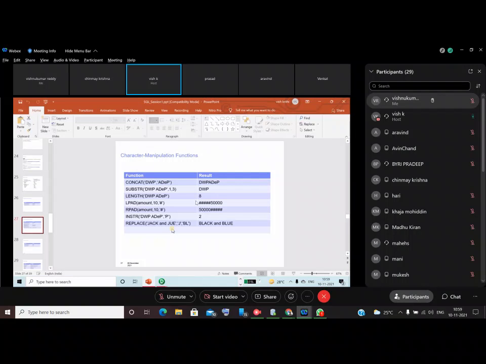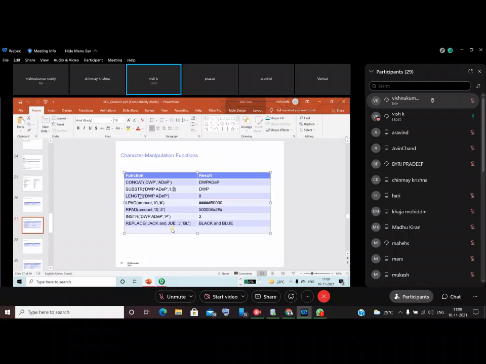This I will explain, okay. So substring and instring will also be required in real time, in the examination and in any interview. Suppose you have some string and you want to display the first 3 or 4 characters, then you have to use substring. The first is the argument and this is the starting position, guys. In the database every position starts with 1, 2, 3, 4 like that. So I want to start with 1, and how many characters do you want? 3 characters. So DWP will come.